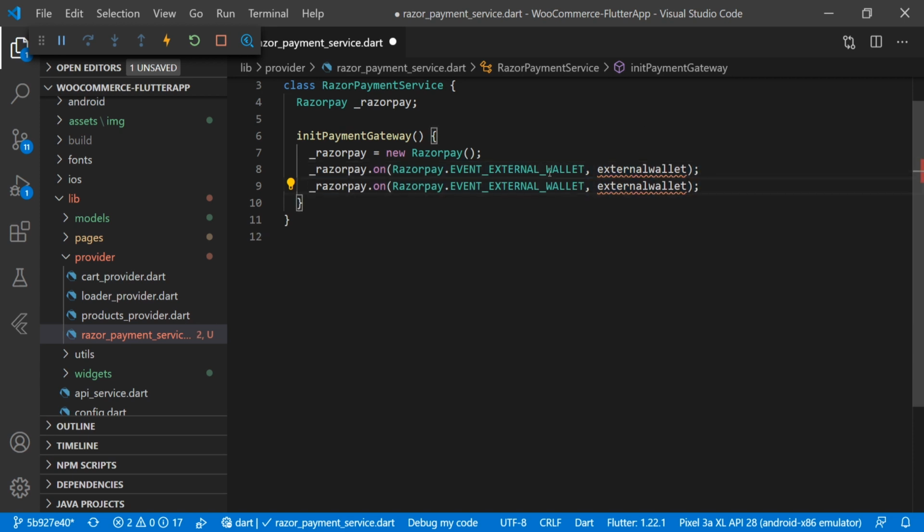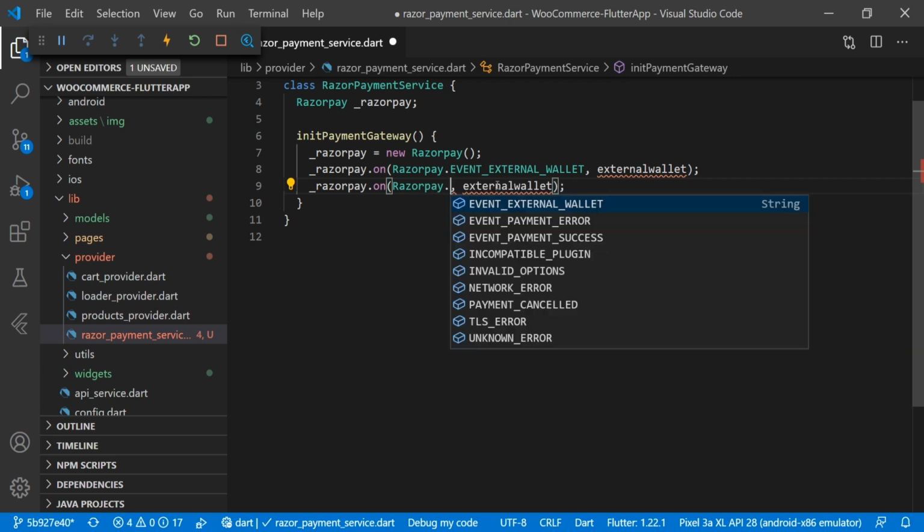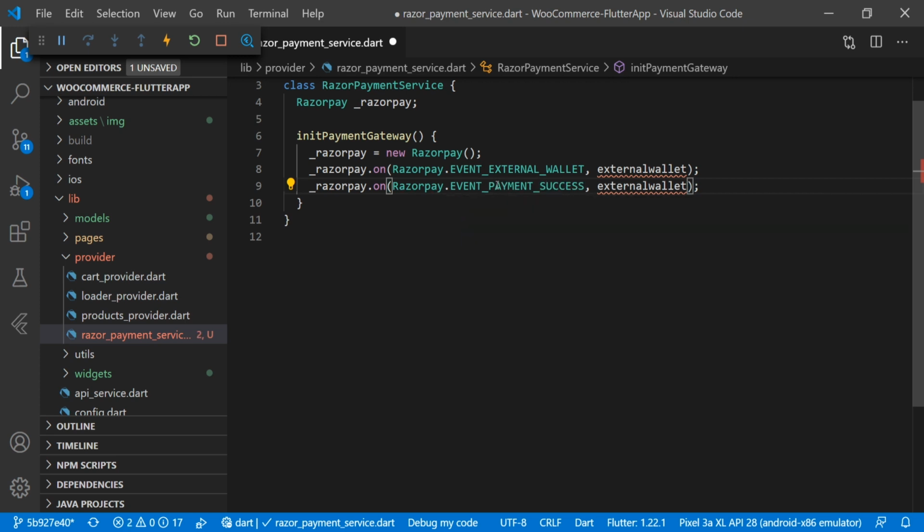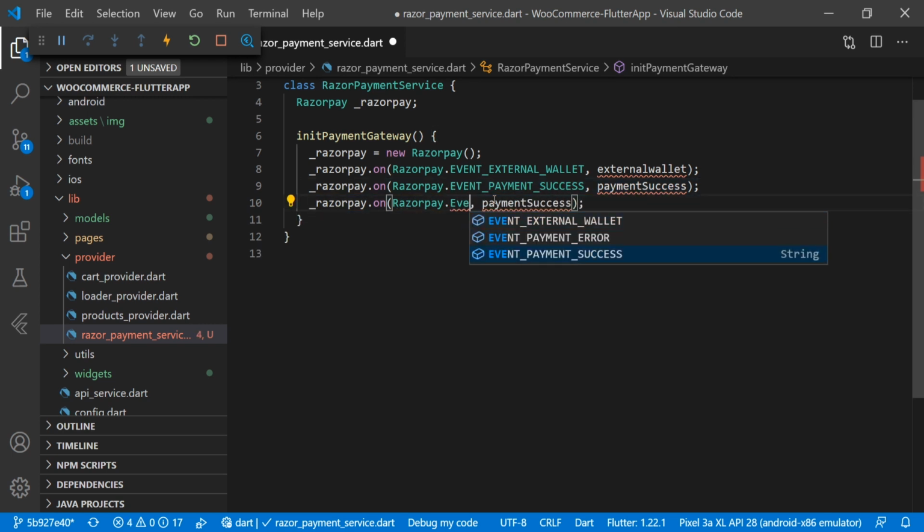Then we will add Razorpay.EVENT_PAYMENT_SUCCESS with a payment success handler, and the event payment error with a payment error handler.